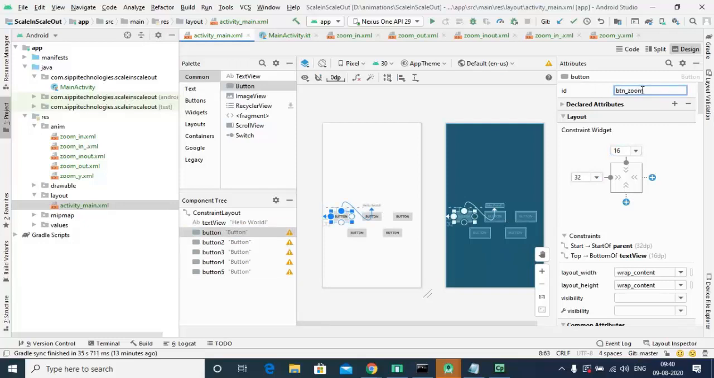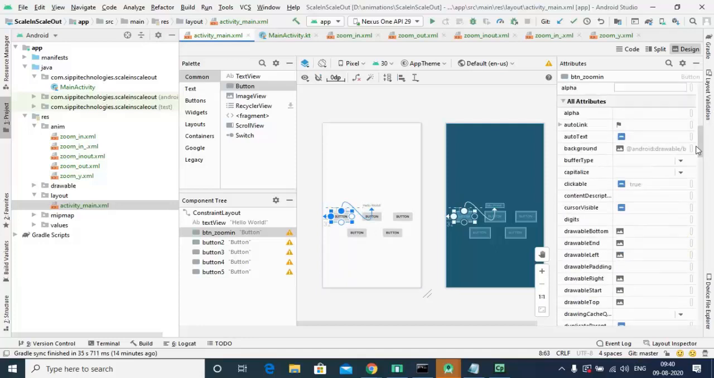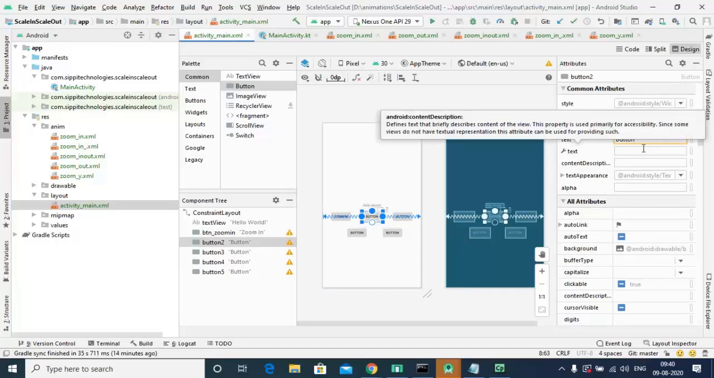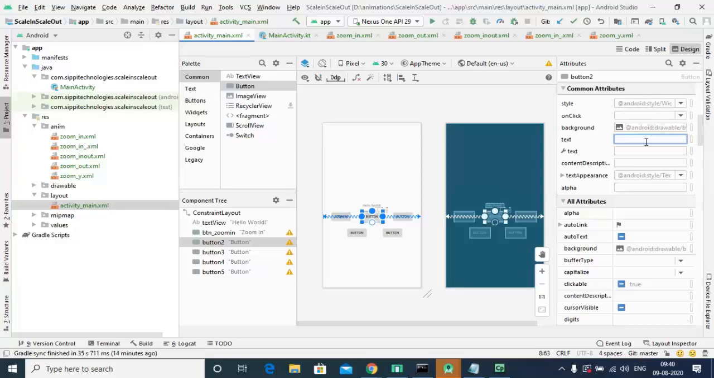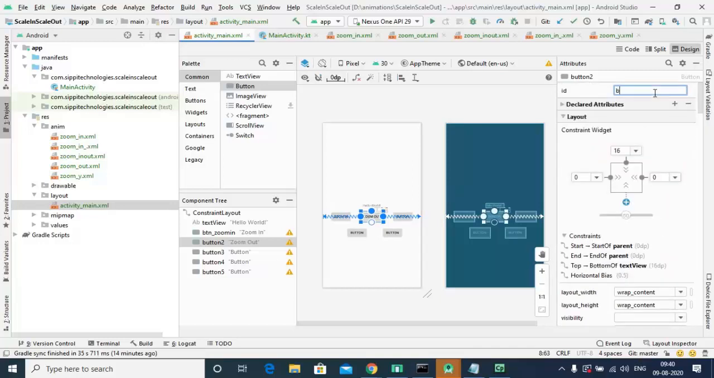Zoom in, and give the ID, and change the label to zoom in, and change this to zoom out. Okay, and here button zoom out,